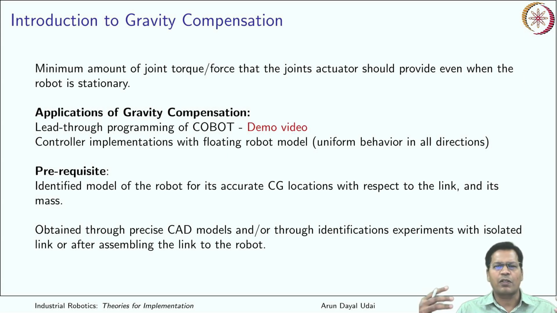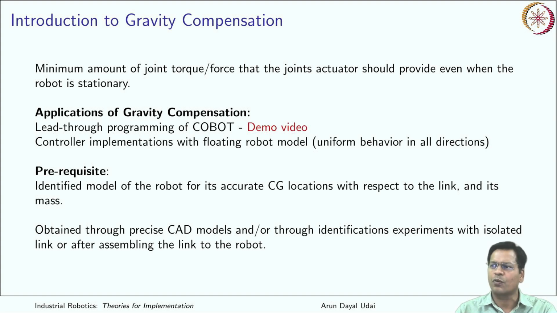So even with almost complete information available through the CAD model, it still requires to be identified, because inside it is very complex, which cannot be estimated before assembling this link. So once it is assembled, it needs to be identified. You do some kind of experiments to find out the center of gravity location and the total mass of that body, that is the link. Okay, so accurate CG location with respect to the link is to be known, and its mass is to be